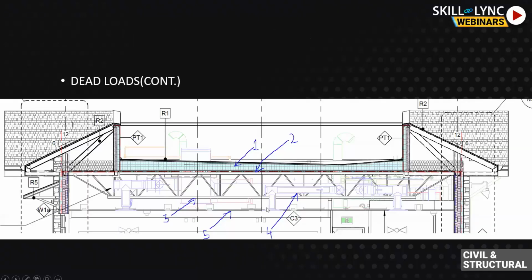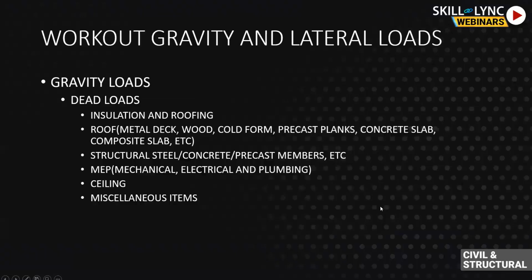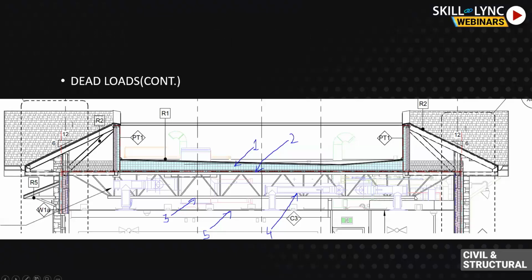You don't go in and find out the weight of each and every duct and see in which location what is the load of that duct and apply it into your structural model. No, that's going to eat up a lot of your time. So we take some judgment, we do some computation, we round it off, and we put it on the whole roof as an area load to make things a bit more efficient, not so time consuming.